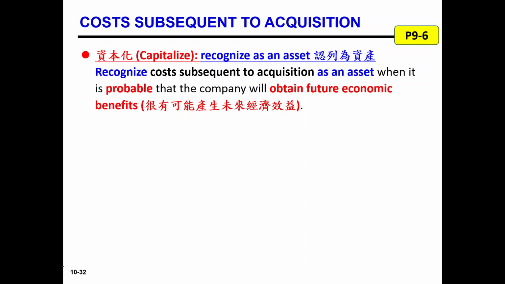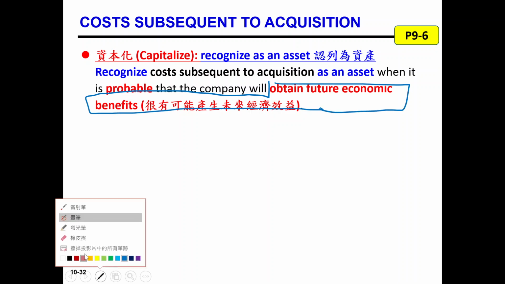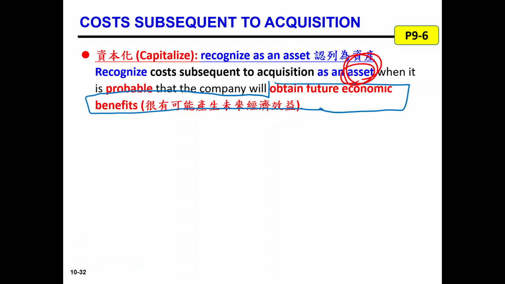So they will define whether it is your assets or your expense. Okay, then maybe you are going to ask, sometimes it's quite hard to imagine whether they have a future economic benefit, right? So here we give you some indicators